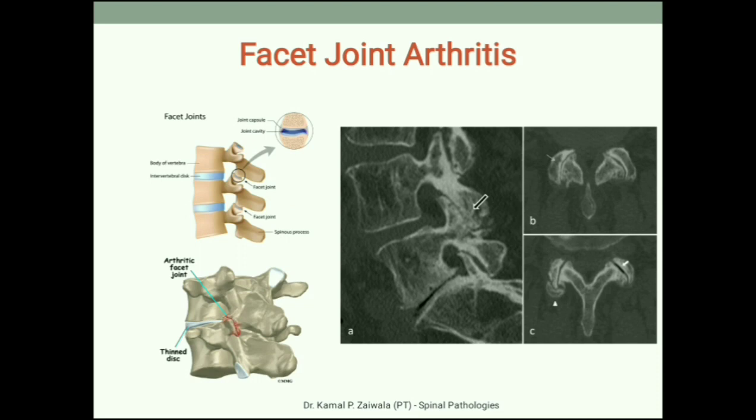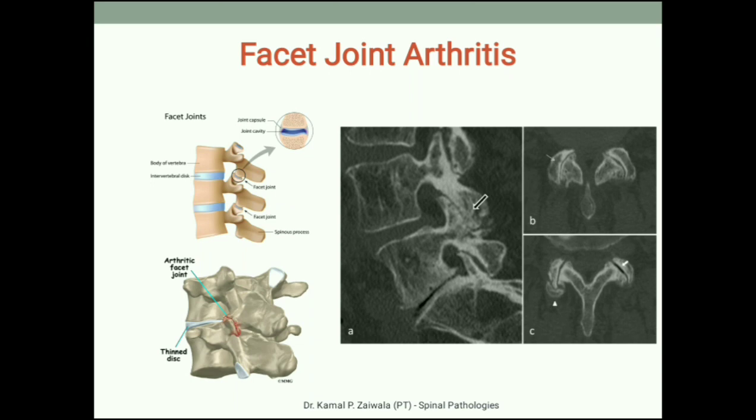When the pressure builds on the joint, the cartilage that covers the joint surfaces gets worn off and eroded. When the disc thins with aging from daily wear and tear, the space between the two spinal vertebrae also shrinks, and because of this shrinkage, it causes even more pressure on the facet joints and they press together more, because of which the articular surfaces get damaged.